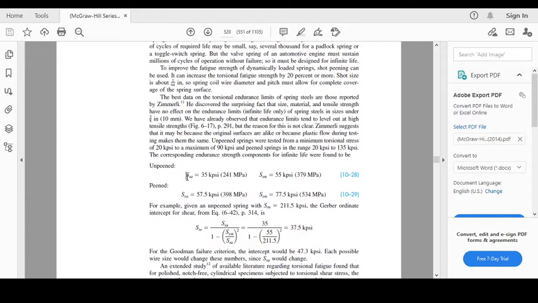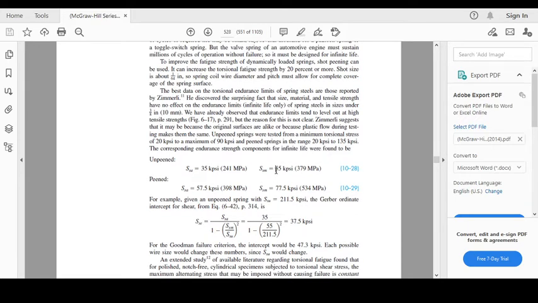The alternating stress is 35 kpsi, and the mid-range stress, where M is for mid-range, is 55 kpsi. For the peened surface it is 57 kpsi or 398 megapascal,